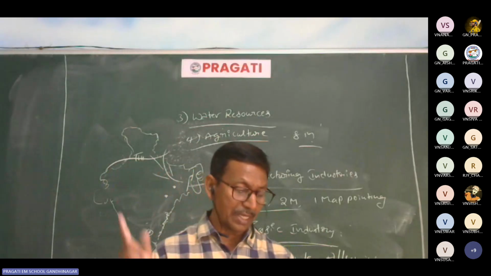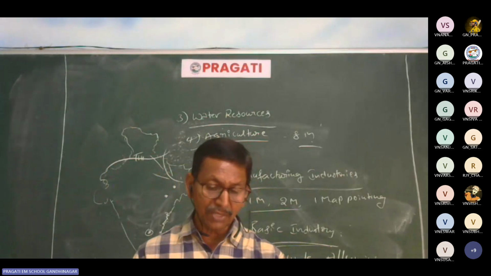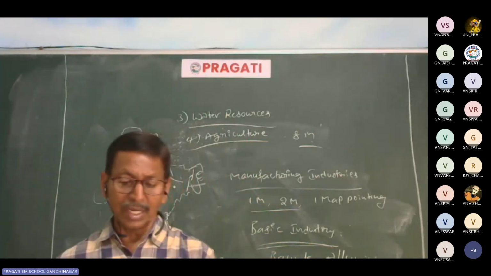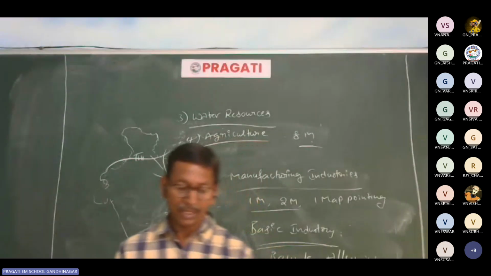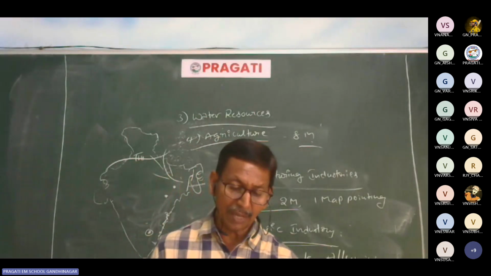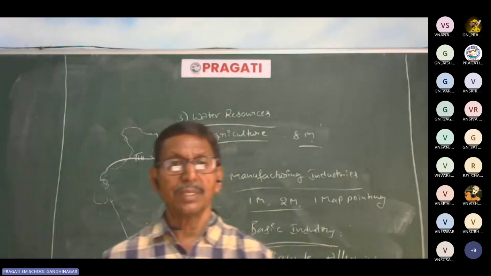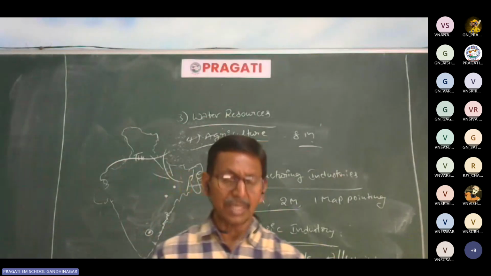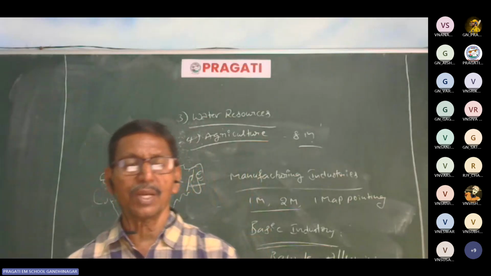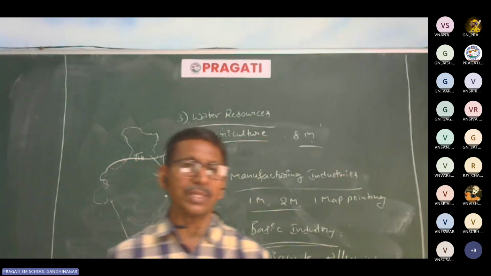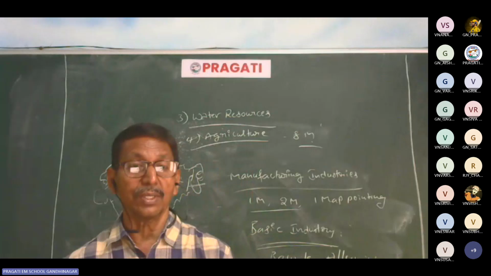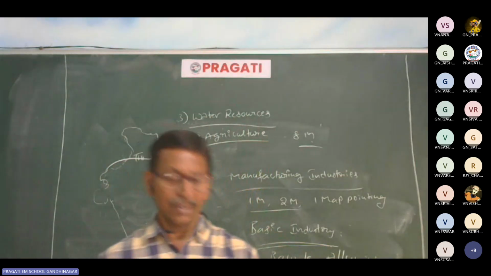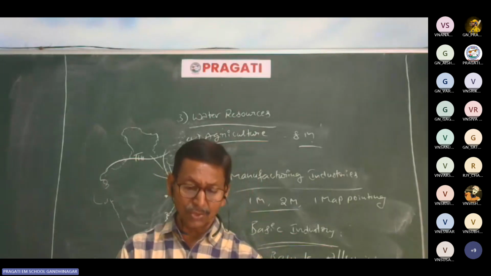PMGSY was launched by the government of India. Its objective is to provide roads to all unconnected villages under the PMGSY scheme, Pradhan Mantri Gramin Sadak Yojana. Sadak means road in Hindi. Under Gramin Sadak Yojana schemes, roadways have been laid down in remote areas, also during Rajiv Gandhi's time, and under the Jawahar Sadak Yojana; roadways were developed during that time also.